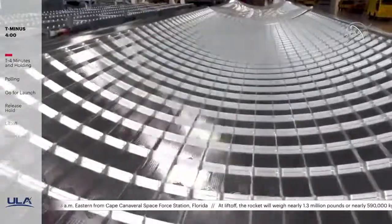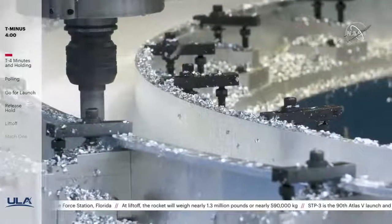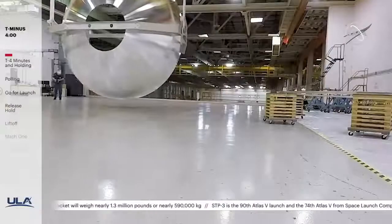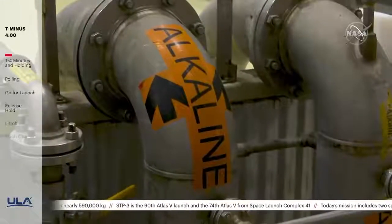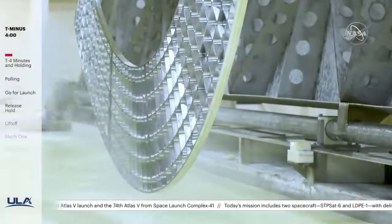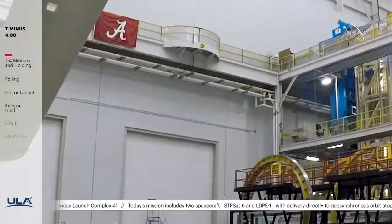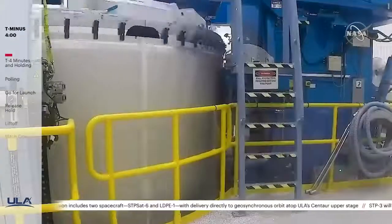At the same time, rings, adapters, and other structural components are precision milled. Next, the aluminum domes, panels, and other structures that form Vulcan's propellant tanks are first cleaned and etched to a smooth, even surface, and then anodized to harden and prevent corrosion. Following an ultrasonic inspection, 5 completed panels for the liquefied natural gas, or LNG tank, are assembled and joined together